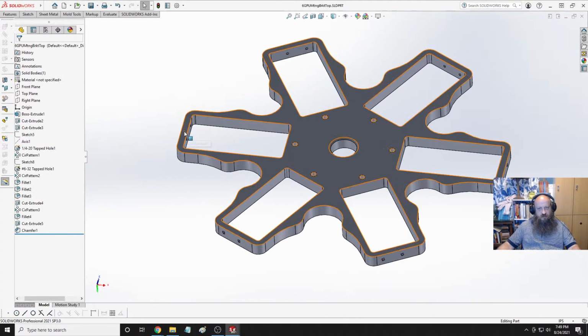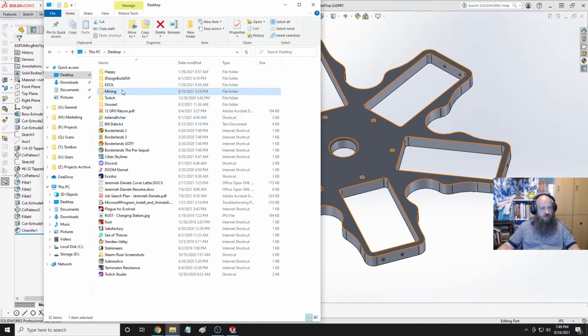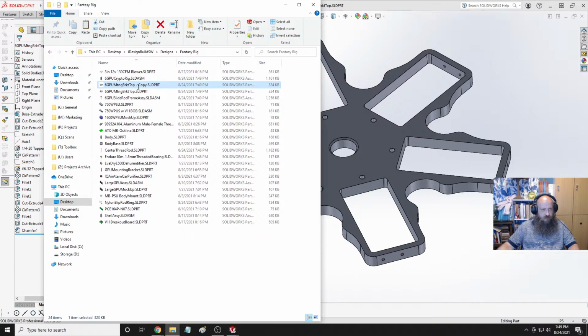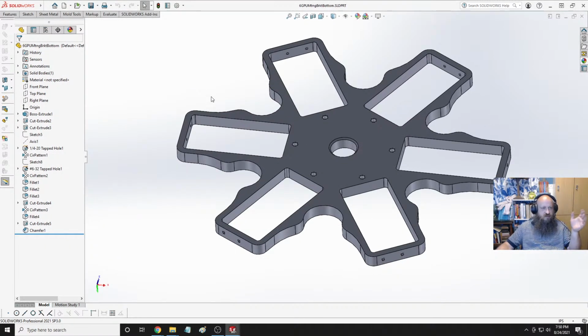And then I'm going to go into, whoops. Go into, nope, wrong one. Designs, fantasy rig. Call that bottom. Because if I do a save as here, then it's going to ask me a bunch of questions, and I don't really want to mess with it. All right, so